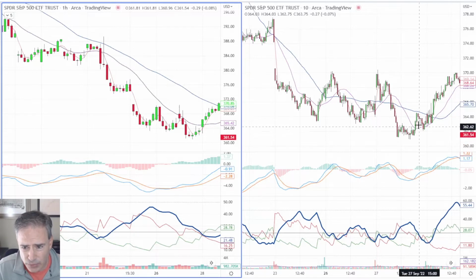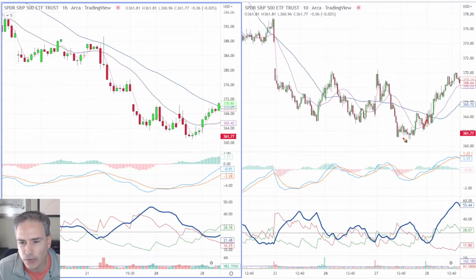Now, the reason why I didn't actually take the trade, I was watching this at 3:30 and I was sitting there thinking, man, if this turns up quickly, I'm going to get this as this is coming back up through here. The problem was it took a long time and there was only like 10 minutes left when it finally triggered. And I'm not doing a 10-minute trade with 10 minutes left in the day. It's just not going to happen because I don't want to take overnight risk on a 10-minute trade. All right. So I won't do that trade this late in the day. If this would have happened at 3 o'clock, I would have definitely taken this trade.